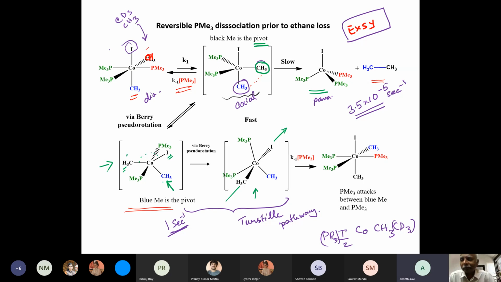Sir, is that the case even if you use another type? Instead of trimethylphosphine, if you use triphenylphosphine or some other ligands, even in that case, will the reaction proceed through complicated mechanisms, or is there any simple correlation with that? They have not done that.